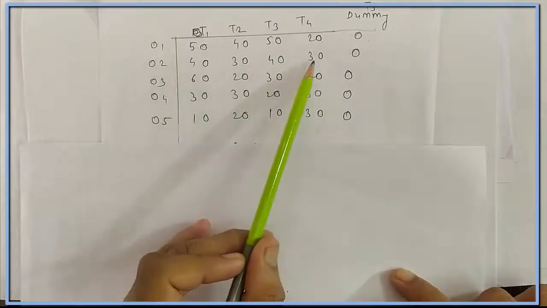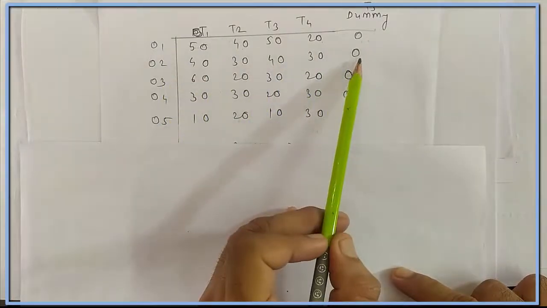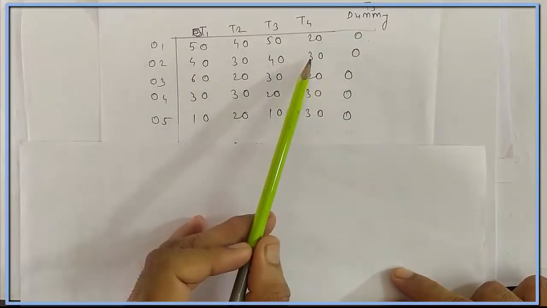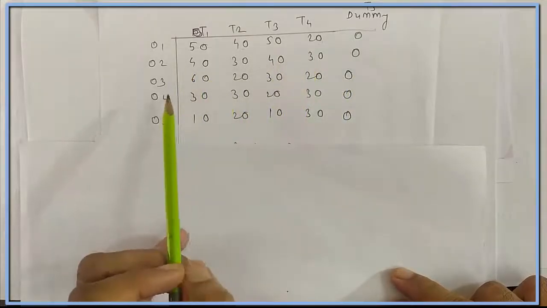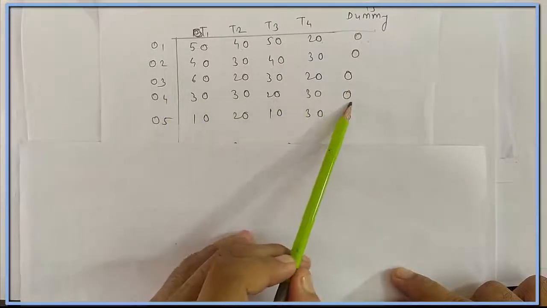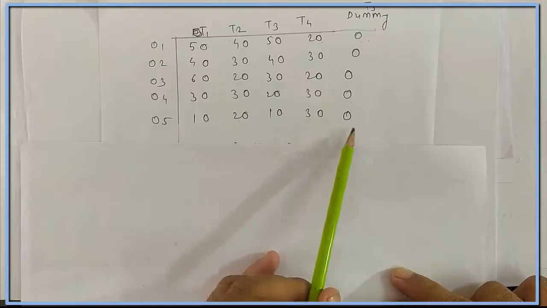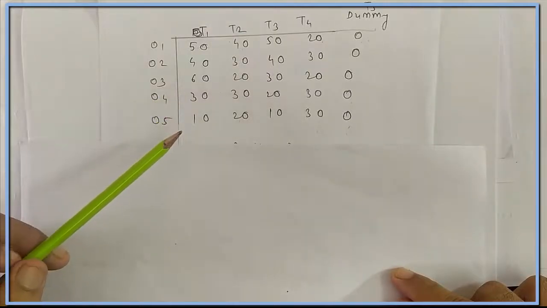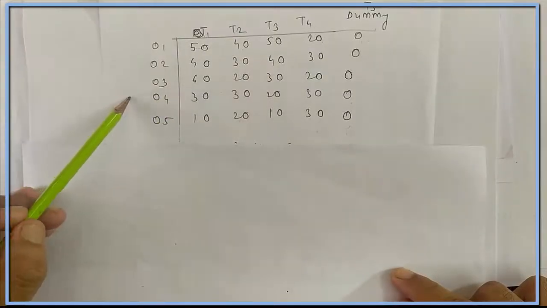In the second row also, the smallest element is 0. Suppose if we subtract this 0 from the elements of this row, then we will get the same row. In the third row also the smallest element is 0. In the fourth row the smallest element is 0 and in the fifth row also the smallest element is 0. If we subtract this smallest element from the elements of the row, then we will get the same row. Therefore after row reduction we will get the same matrix.